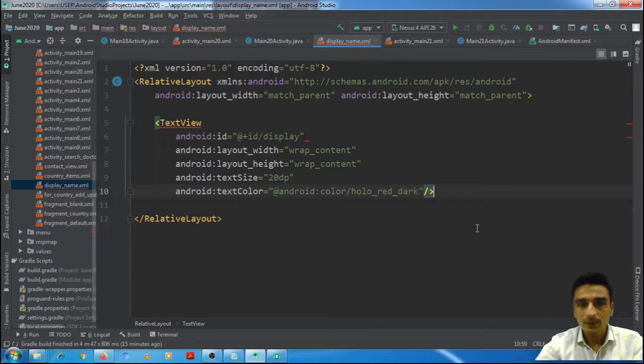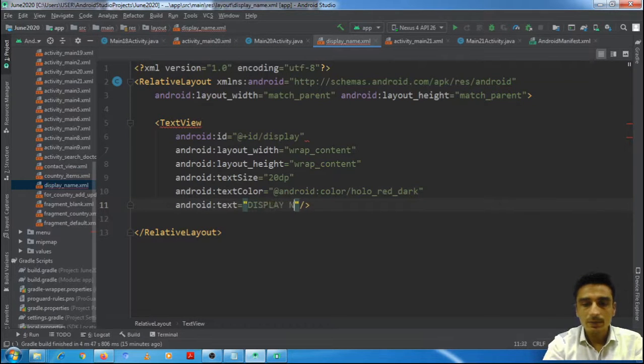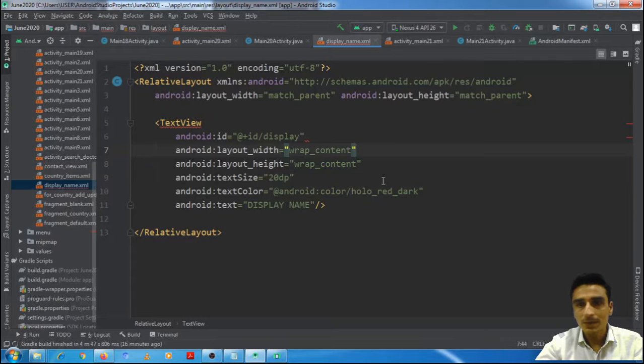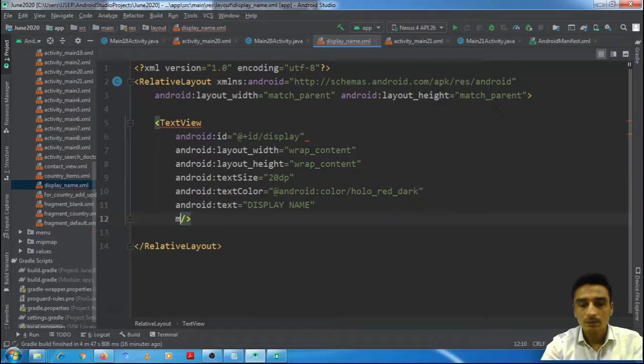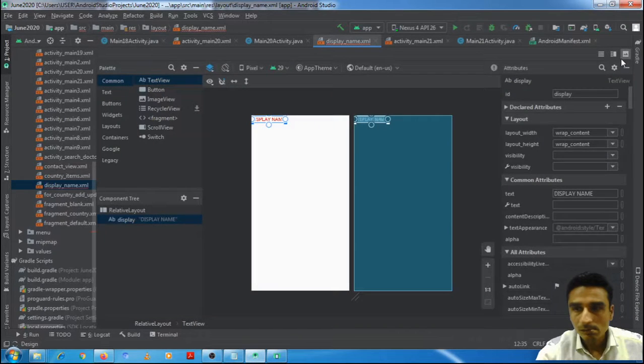And let's put a text like display name. Yeah, margin should be set, margin 2 dp. See how it looks.